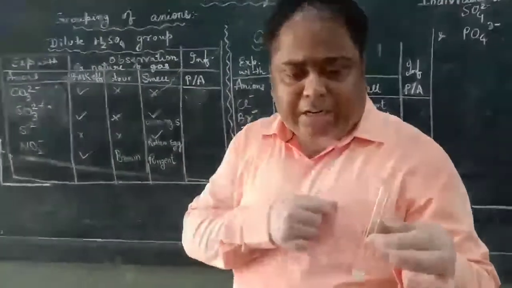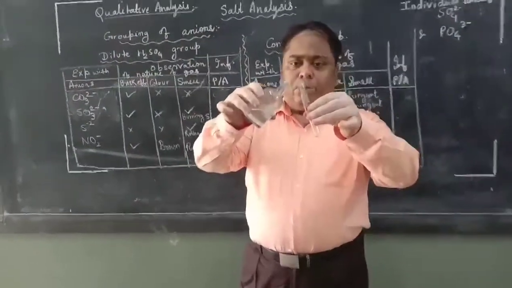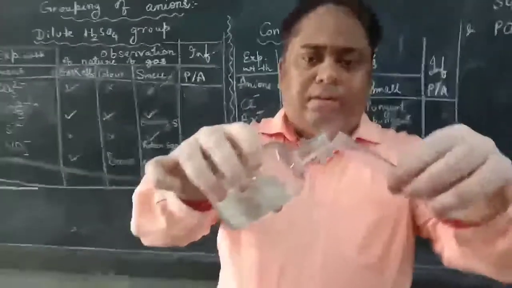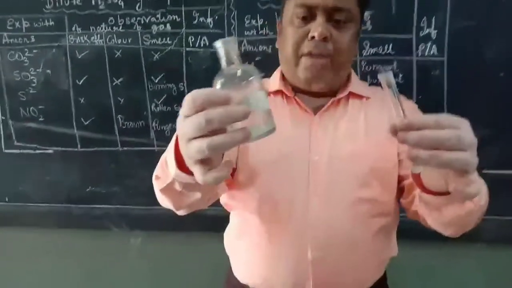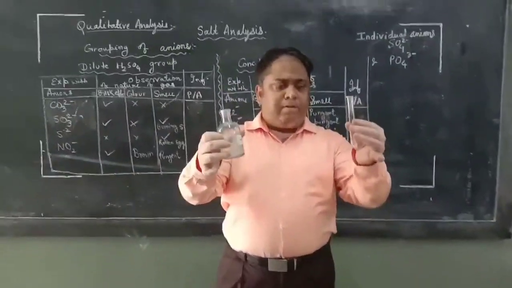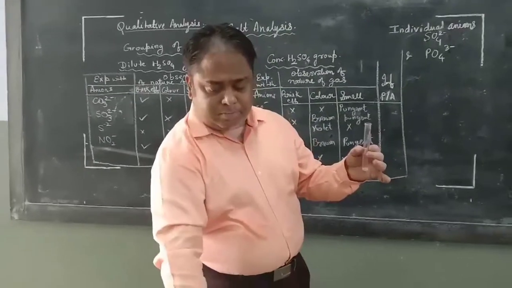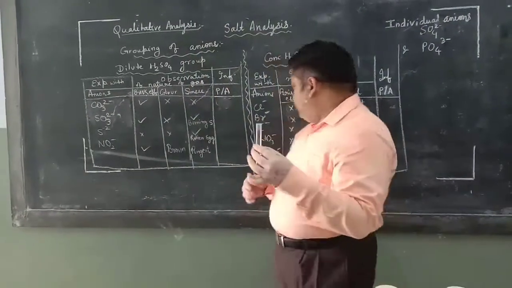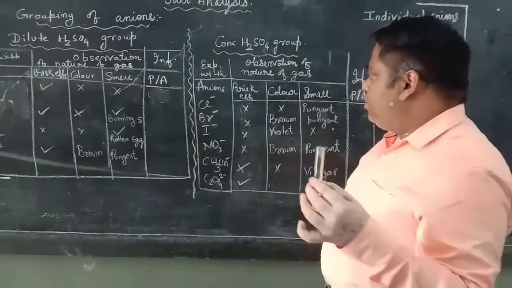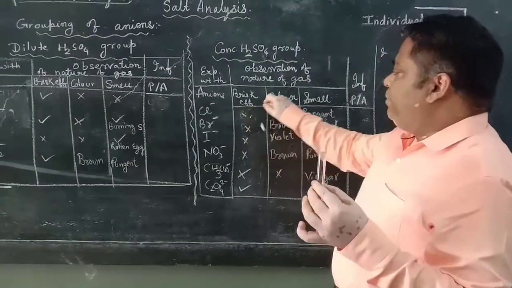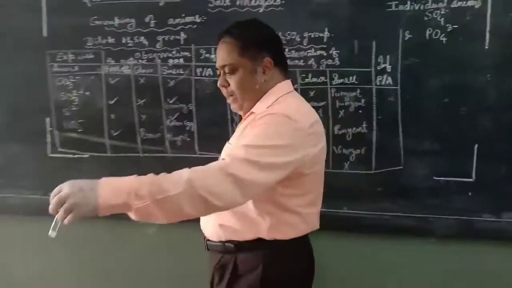See, the chlorine gases are coming out, and in front of the gas, if I bring ammonium hydroxide, the fumes will become more dense. See, the fumes are becoming more dense, because it is forming ammonium chloride, a sublimable salt, in the form of fumes. This was the test for chlorides. For chlorides I had crossed brisk effervescence because I did not do the test. Now I have done the test, so I will put a tick mark. Yes, here also brisk effervescence takes place. So this is the difference between practical and theory.